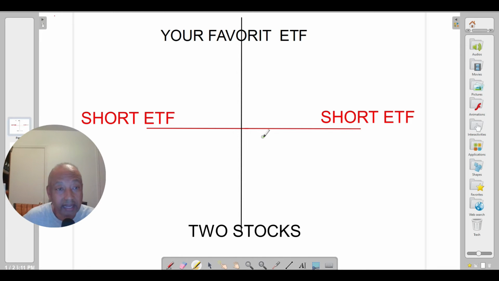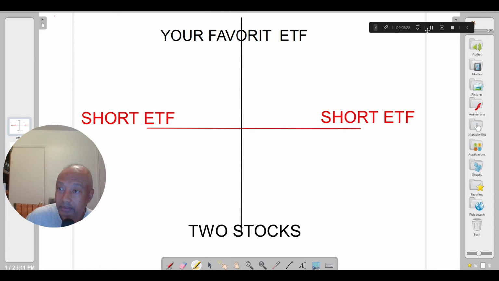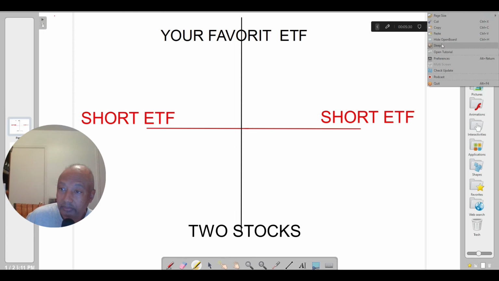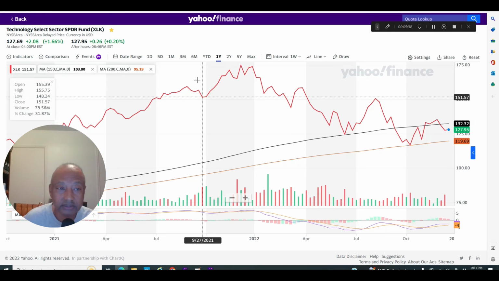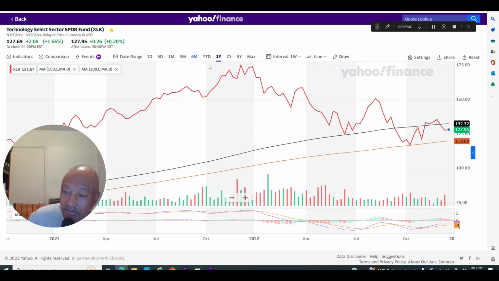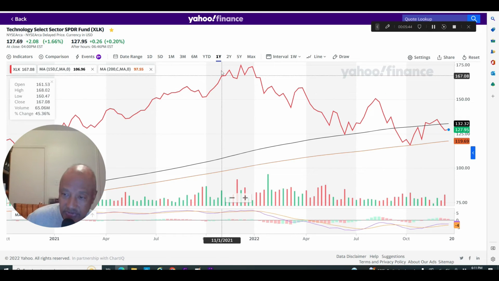Now I want to show you a general observation of what the stock market is doing. What is it doing right now? A snapshot picture of what the stock market is doing right now. Hold on a minute. Okay, so we're going to look at the stock market and see what it is doing right now. I like to use XLK because XLK screens out all the noise